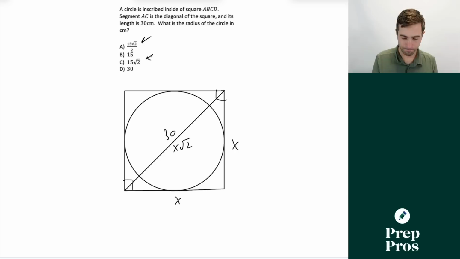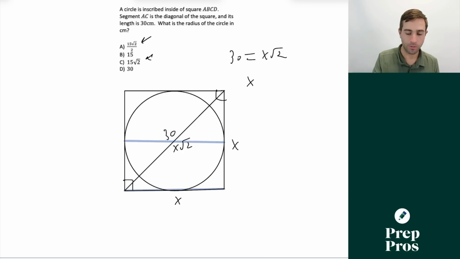So the first thing we're kind of looking at here is if we figure out what the whole side length is of one of these squares, that will be equivalent to the diameter of the circle, and then we can simply take half of that to find the radius. So we need to figure out what x is. So we therefore can say 30 is equal to x root 2. Therefore, x is equal to 30 over root 2. And now we need to rationalize this. So we're going to multiply this by root 2 over root 2. That's going to give us that x is equal to 30 root 2 over 2,